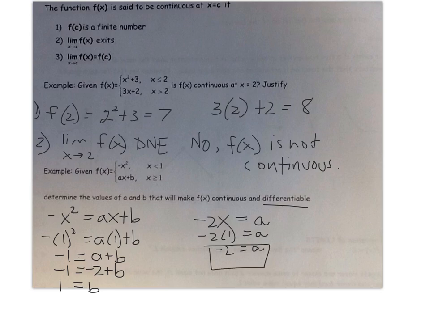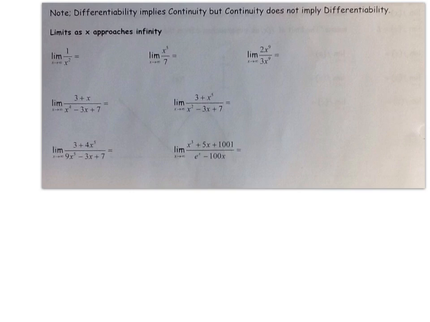So here's an a value and a b value that will cause my function f of x to be both continuous and differentiable. Of course, you could plug those back in and check it if you wanted to, but we have completed that at this time. Okay,